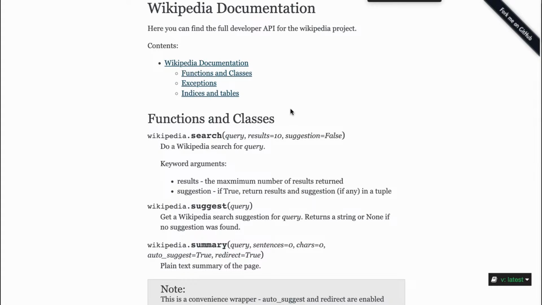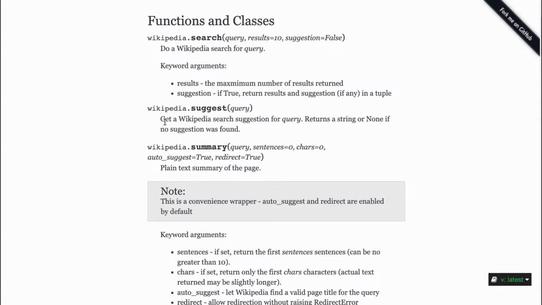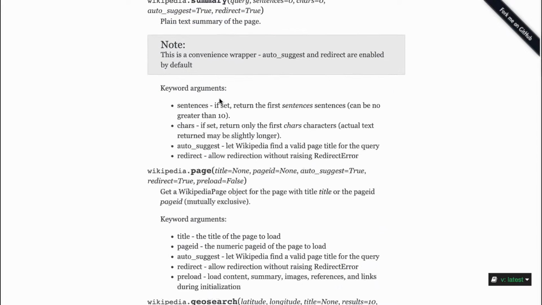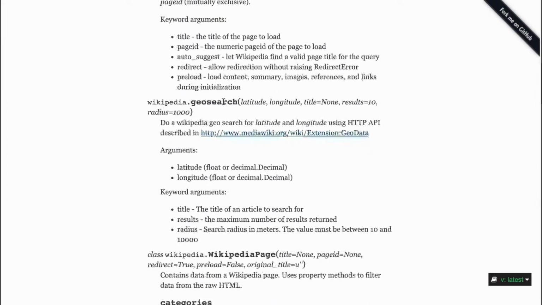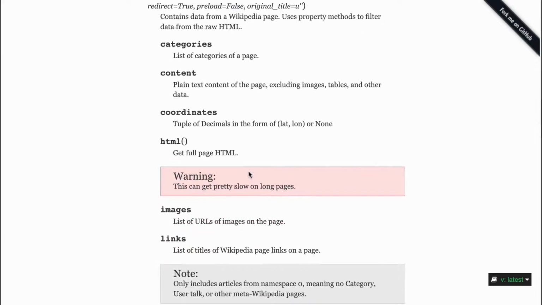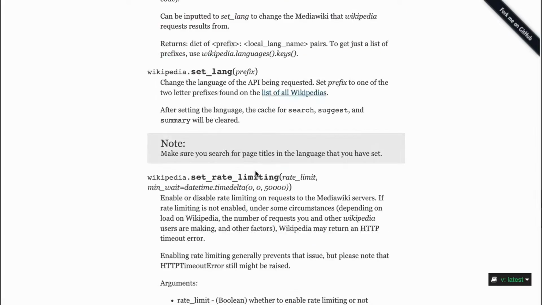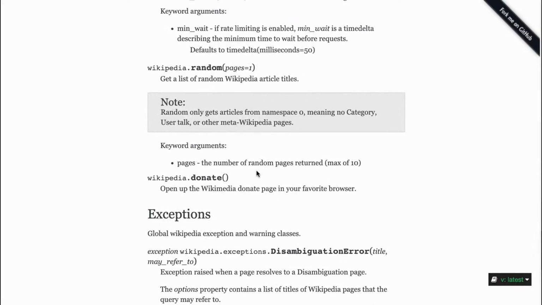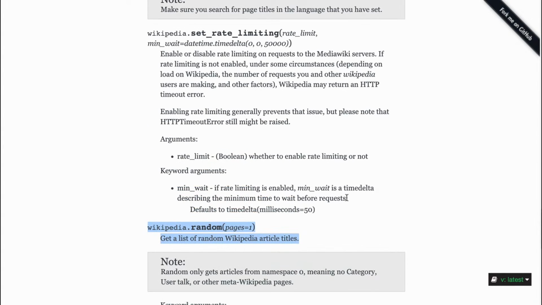Is there anything for, let's see, get a Wikipedia search suggestion for a query? Oh, that's interesting. And search. I guess we need to just play around with this, right? Look at this, GeoSearch: do a GeoSearch for latitude, longitude. It is also important to get a random list of Wikipedia article titles. That's interesting. I think we can work with this.